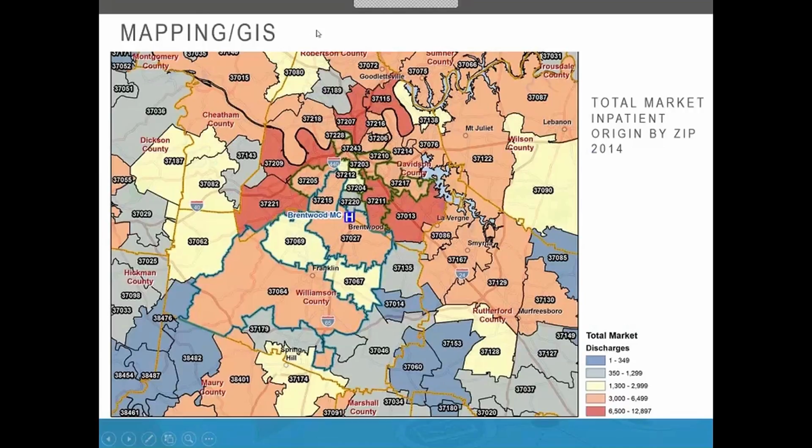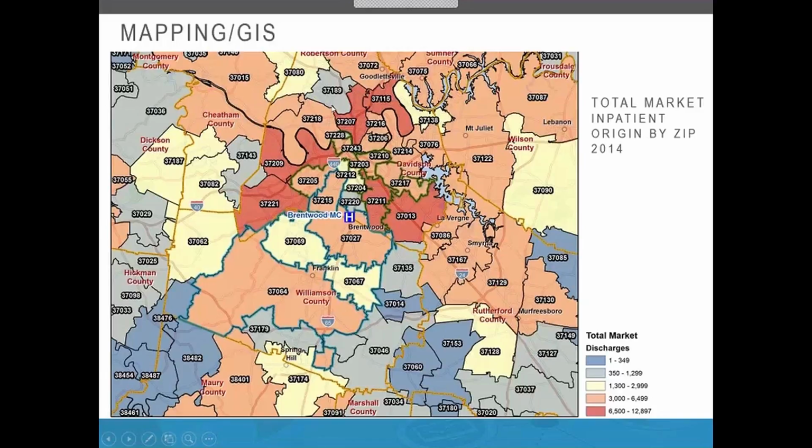Another thing, mapping, one of my favorite tools for data visualization, turning it into information. This is a total market inpatient origin by zip for all hospitals. And it really shows you the hot spots of where most of the inpatient activity is. So this would take a huge Excel spreadsheet, and that wouldn't really be turning anything into information. But by looking at the map, you can easily tell. Now, imagine you take your patient data and you geocode it to an address level, to a rooftop, and you place it on top of the market data, and you can see where opportunities are.